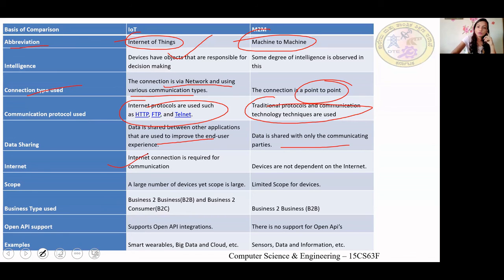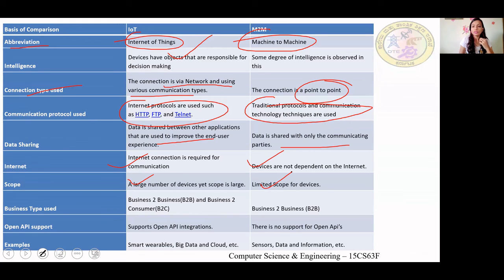Internet is required in IoT, whereas M2M is not dependent on internet. Scope is very large in case of IoT, whereas it is limited in M2M.